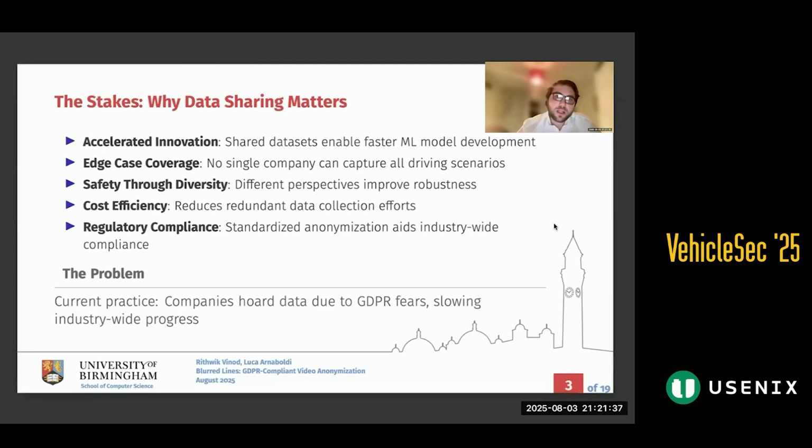And then taking a little step back and looking at why we are looking at this in terms of anonymization and security: well, regulatory compliance, but also standardization allows for industry-wide compliance in a way where we can make it easy to share data. So it's not "I anonymized, you didn't, and therefore the data set is a mess now."